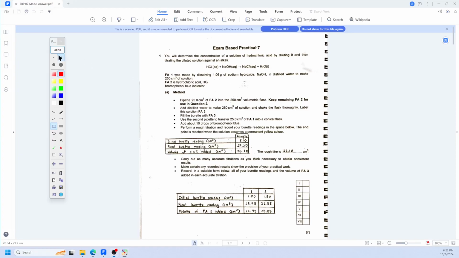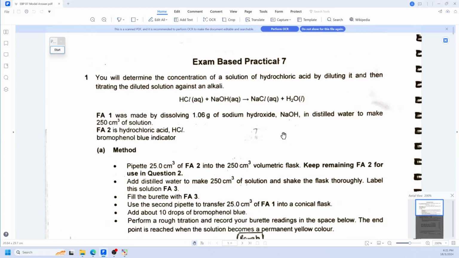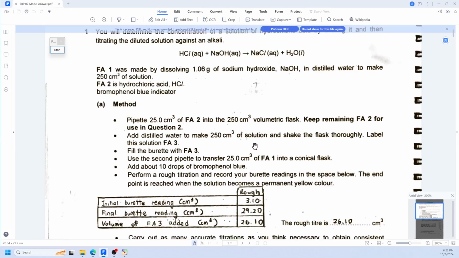Let's zoom in a bit. So the first one is a simple titration of sodium hydroxide with HCl. Now the idea behind it is that you are diluting Fa2, and after that you fill up the burette with, let's see,